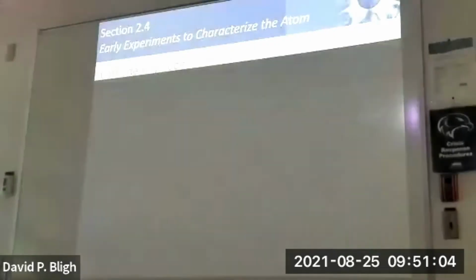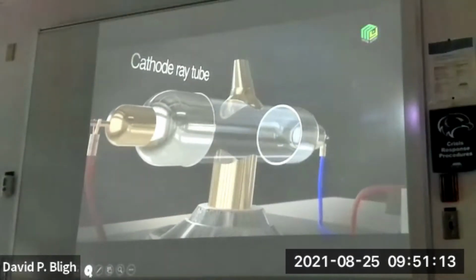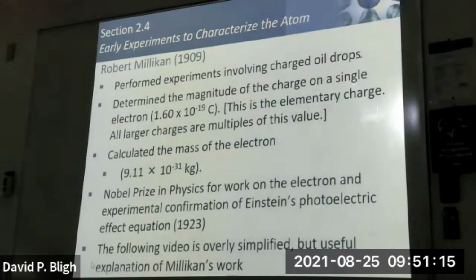Okay. I hope the microphone picked that up too. Cathode rays are produced in a discharge tube. There. Okay. So,